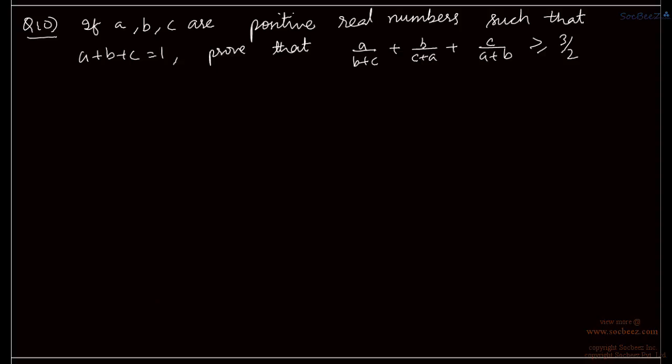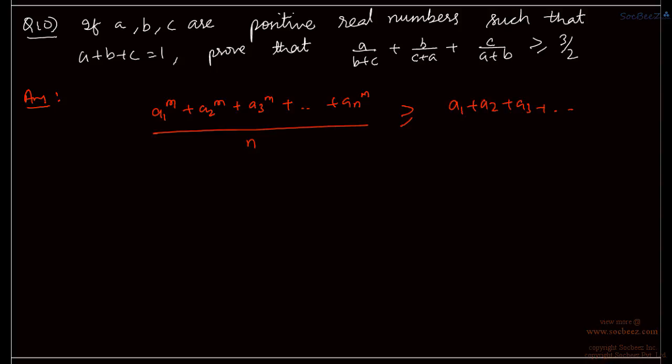Now this question: if a, b, c are positive real numbers such that a plus b plus c is equal to 1, prove that a by b plus c plus b by c plus a plus c by a plus b is greater than or equal to 3 by 2. So now here there is a very important inequality called the nth power arithmetic mean inequality, which states that a1 power m plus a2 power m, a3 power m till an power m by n is greater than or equal to a1 plus a2 plus a3 till an by n